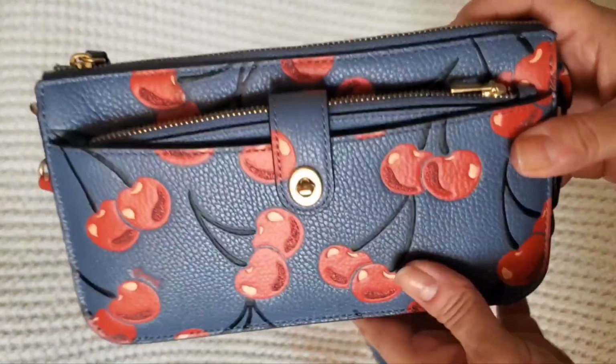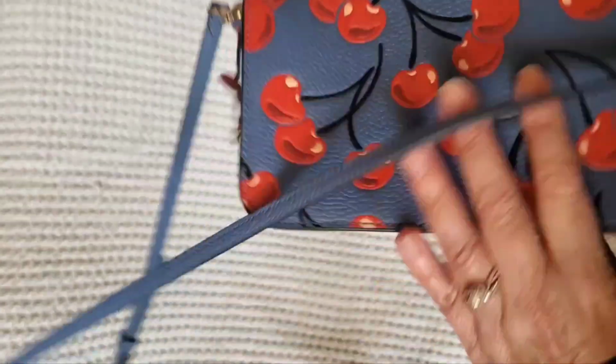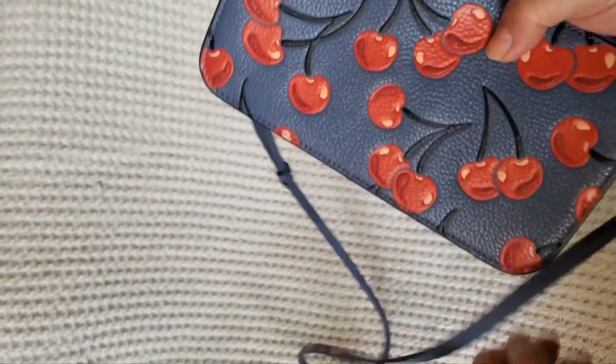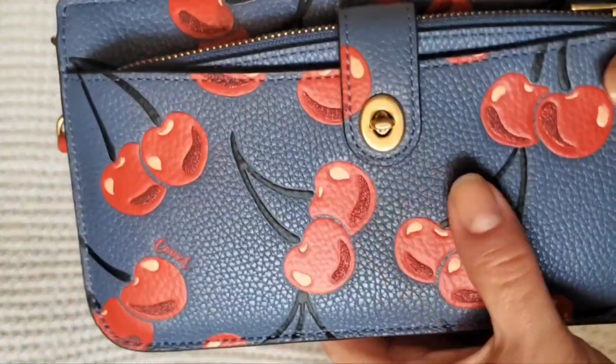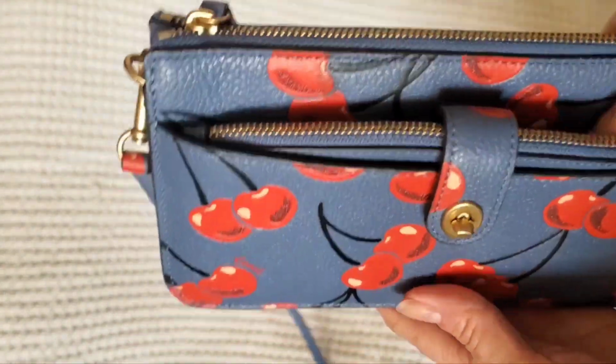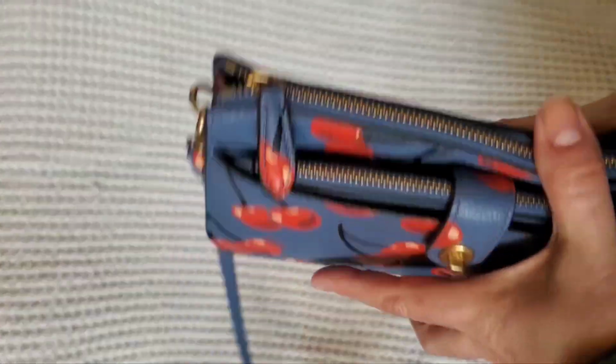safe. Also, if it's moderately raining and not horrible, you could carry something like this. It's the Coach Noah or Noe pop-up crossbody in the cherries print. It's the pebbled leather, and the pebbled leather tends to wear really pretty well in the rain. If it gets a few little dots of rain on it, it does tend to dry on its own, or